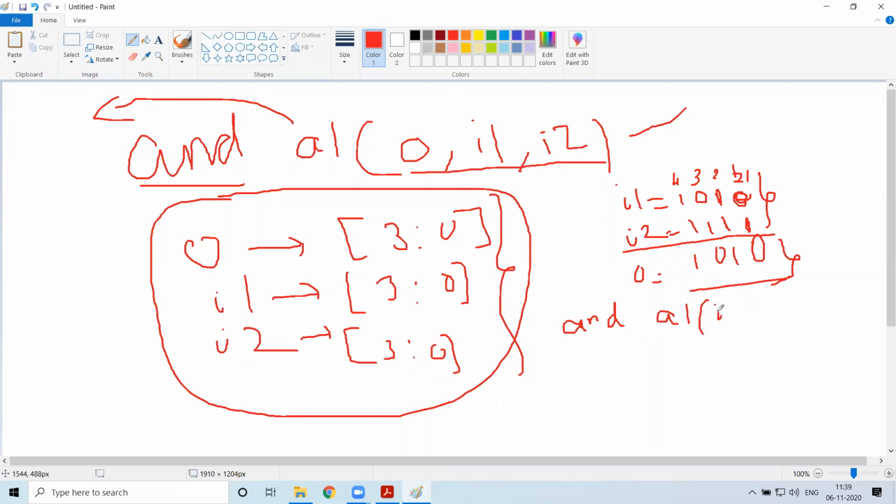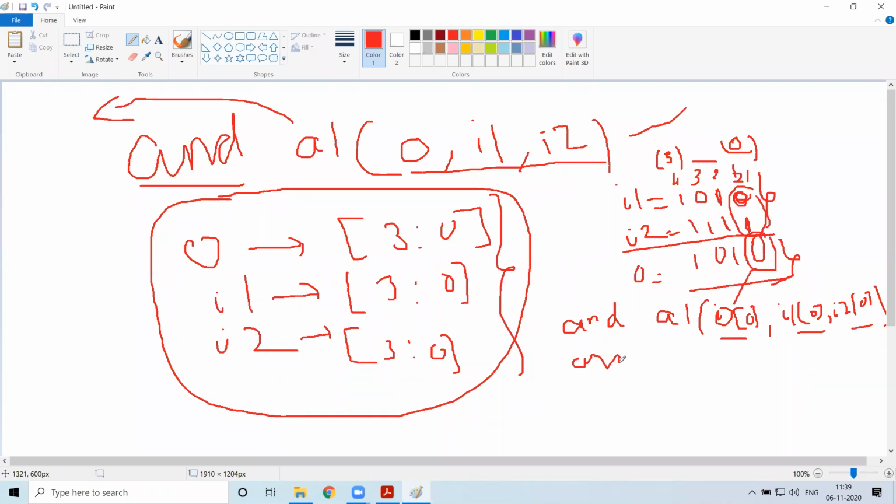I'll take it in the first bit, say I'll write it as 0. I'll assume that this is the 0th index and this is the last index. So I of 0 for this one, I should consider I1 of 0 and I2 of 0. So I am doing bit by bit operations. I am ANDing I1 of 0 and I2 of 0, that is these 2 bits, and here I am getting this bit.